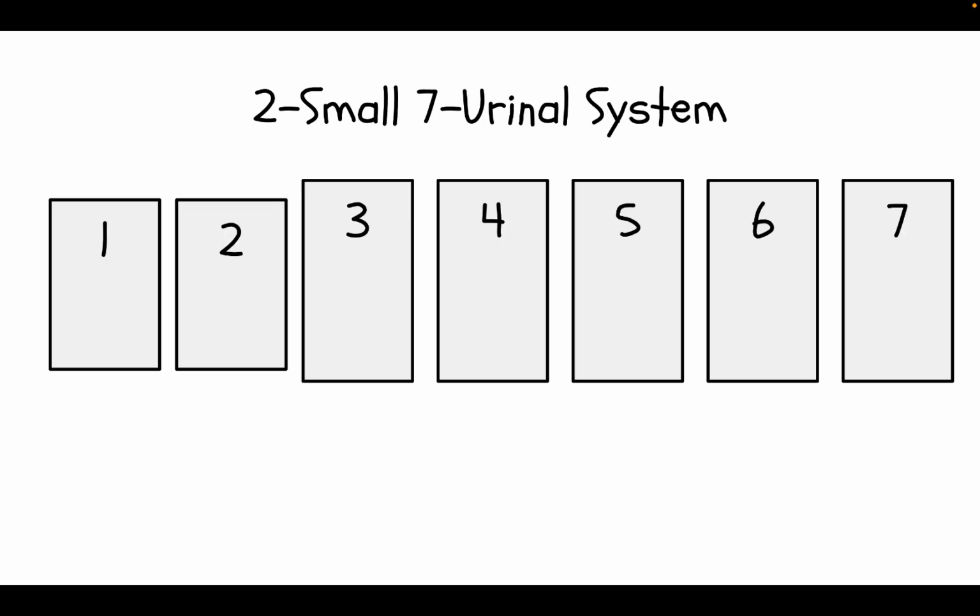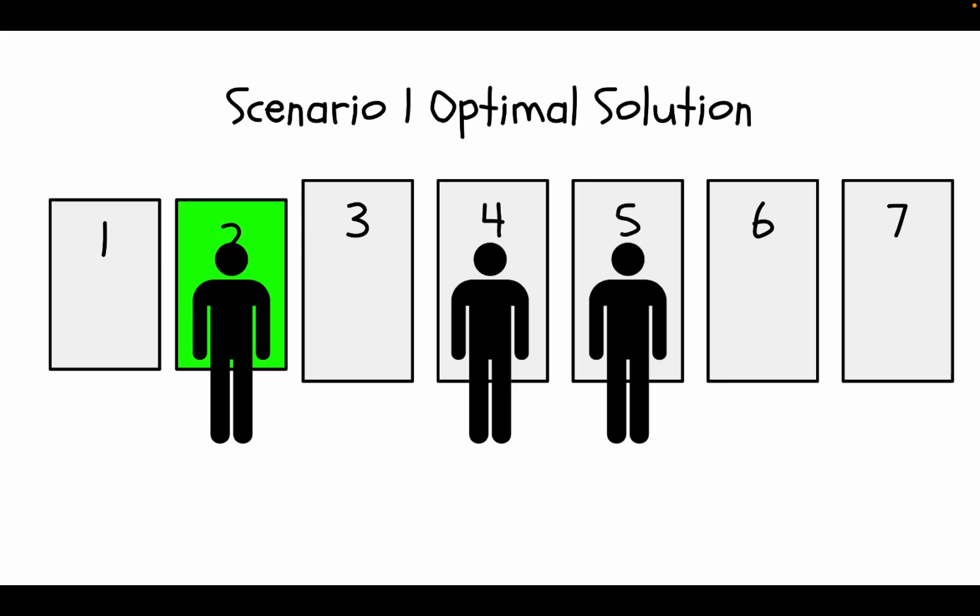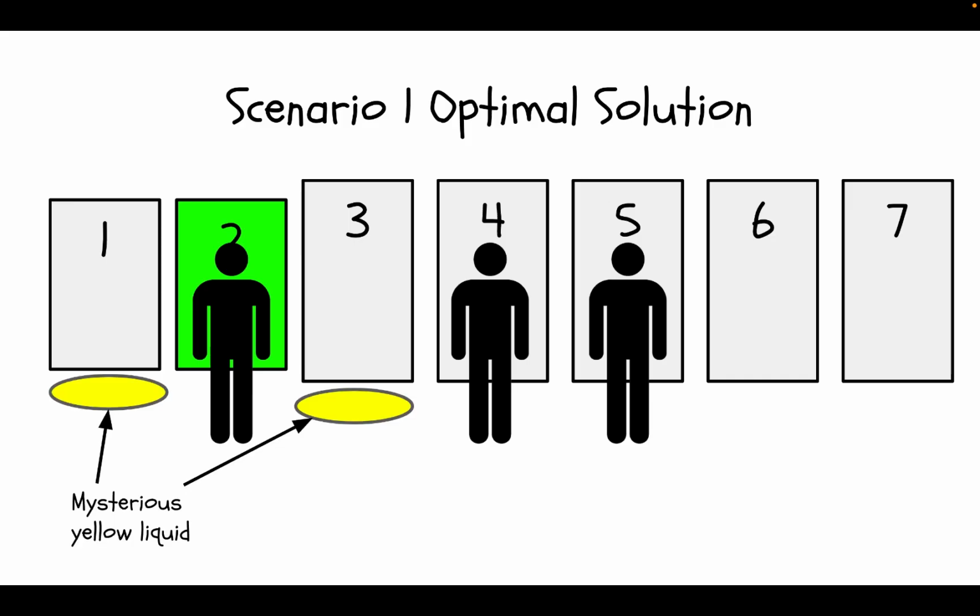And now let's introduce another one. Here's the scenario, right? And you'd want to go to slot 2. And then you may be asking, Adam, why are you going to slot 2? You should go to slot 1, or you should go to slot 7. See, the reason why you're going to slot 2 is because when you do it, you're making sure that when the other guy comes, he's not going to either slot 1 or 3.